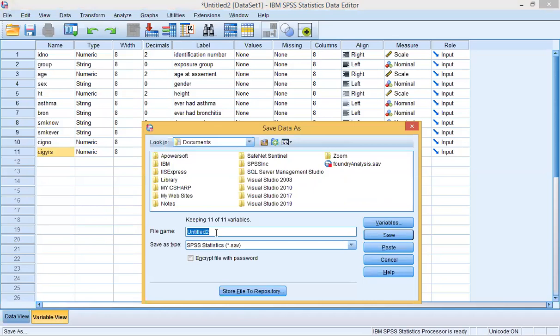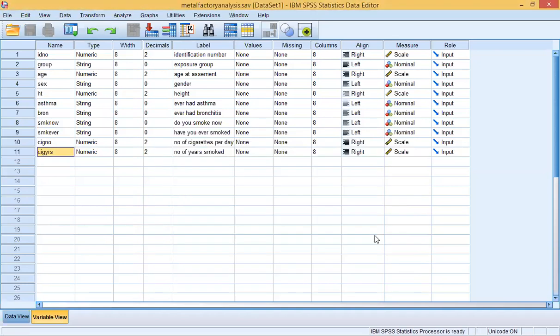Then you can call it metal factory analysis. Okay, and then save. So I just saved the work. All right, so I've saved it now. So now the next thing we're going to look into is on our